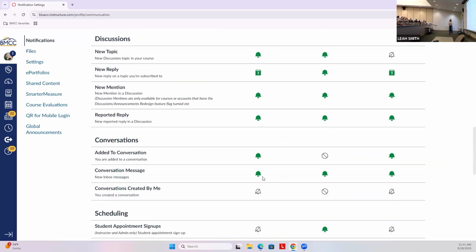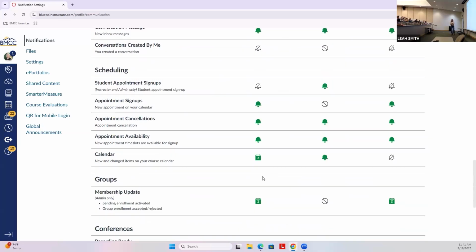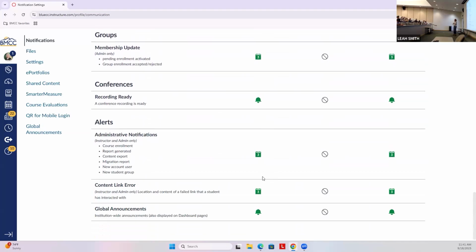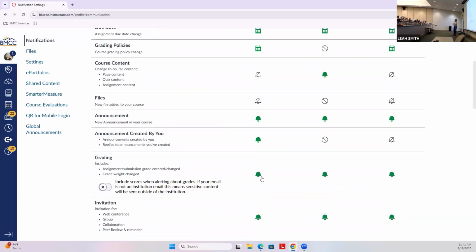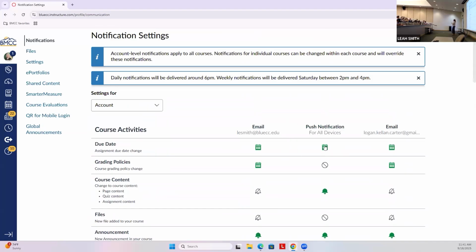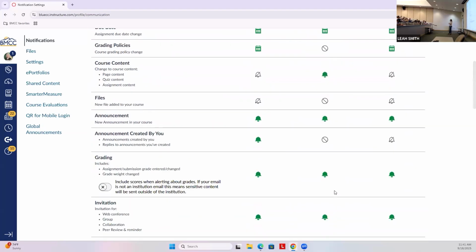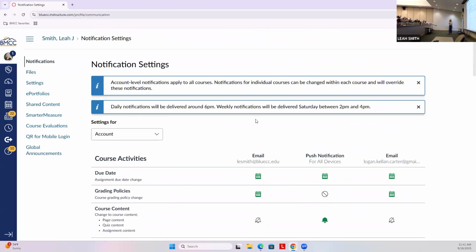But if you don't go in there and do that, then you won't get the notifications. There will be an announcement on Canvas, and if you log into Canvas, you'll see it. But if you don't make an effort to go look at it, then you won't get notified. So I really encourage you, go to your account, go to notifications, and choose what you want to be notified about and when you want to be notified.